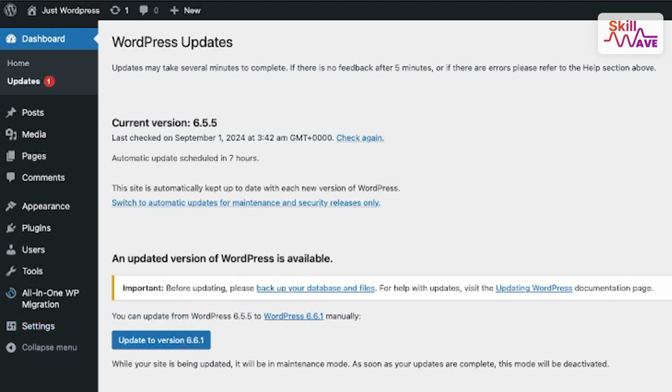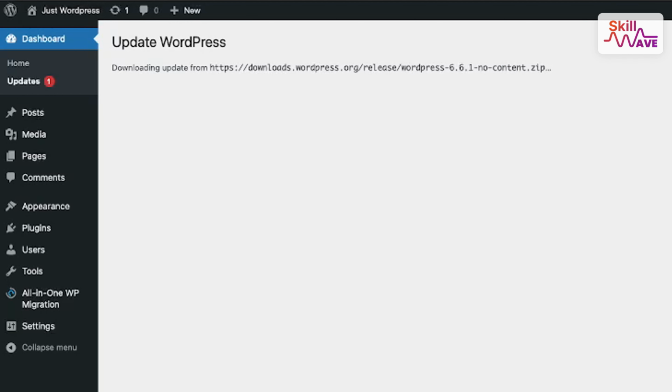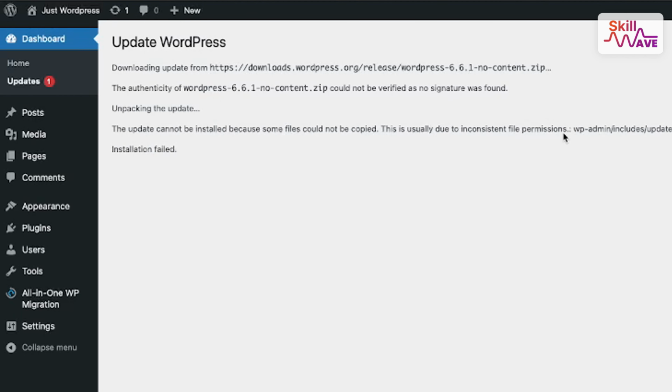All right, so I just click here to update to version 6.6.1. I'll just click here, and just wait a few moments, then it will be updated. Now it's just downloading the file. Okay, currently this update is not working because